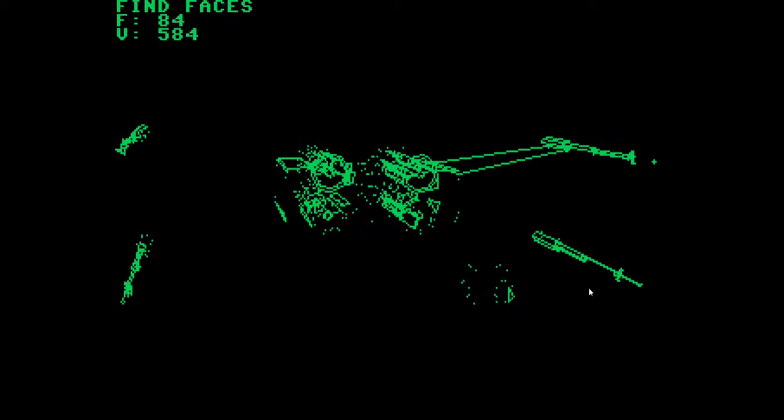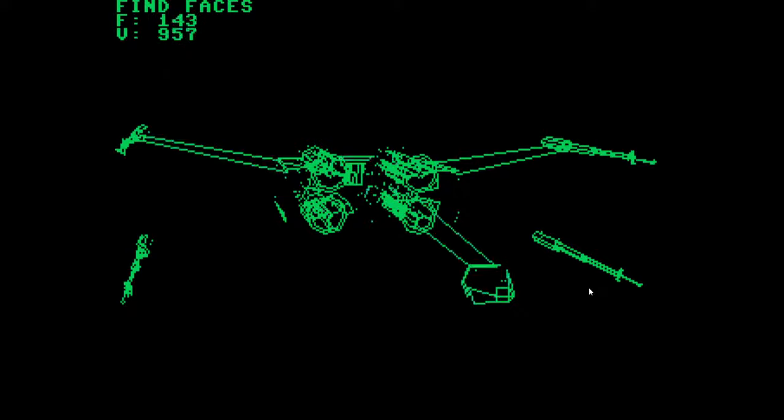And in this case, the polygons are not triangles. Normally, if you have a modern 3D engine, every model is put together of triangles because you can calculate better with triangles. But in this small resolution that the Commander X16 has, or let's say the Commodore Plus 4,